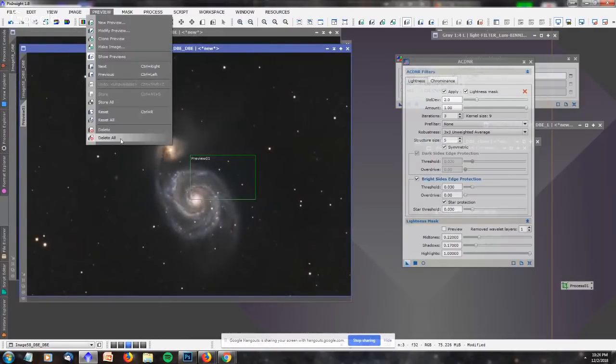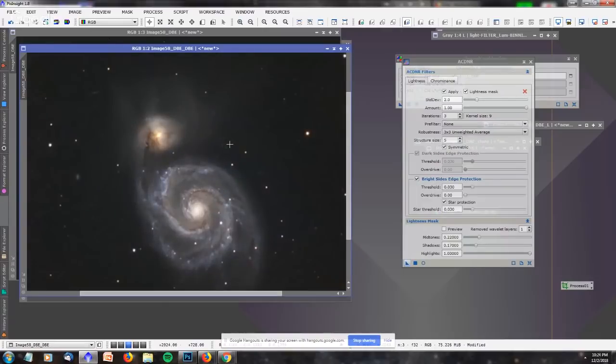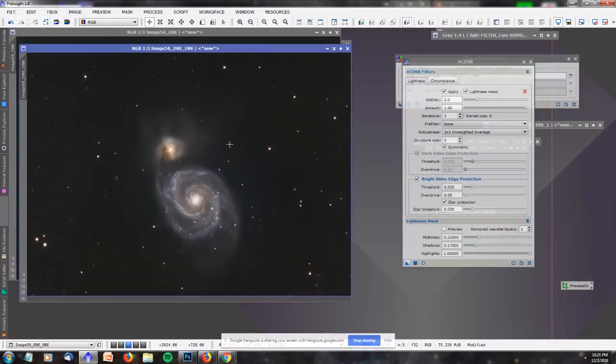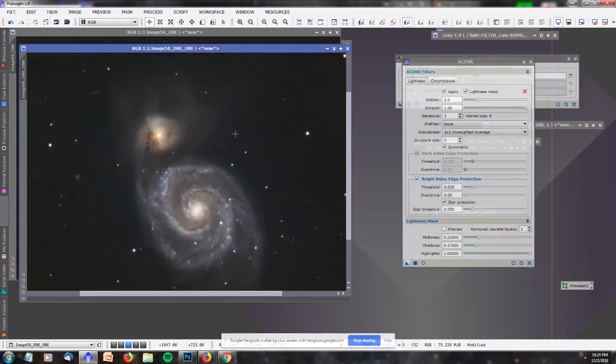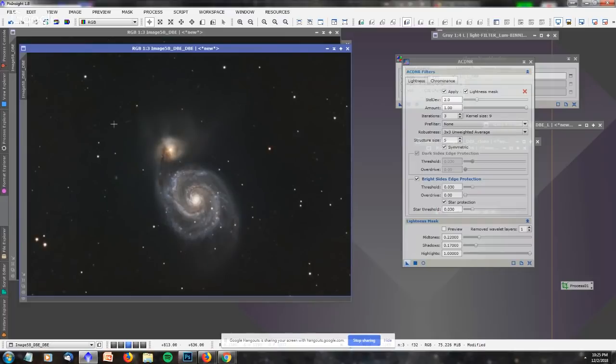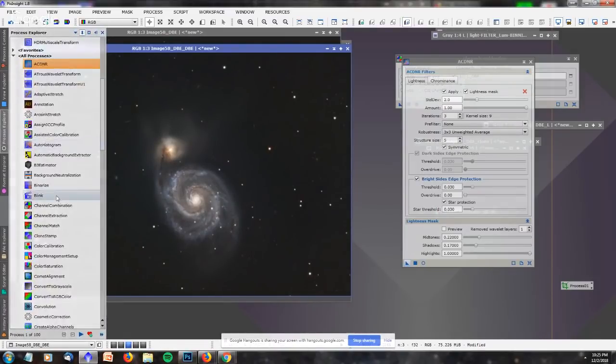Let's get rid of that preview. Delete all. And basically, I'm pretty happy with that. I'd love to get some H-alpha blended into there. I might still do that, but I see I'm at 1025 already. These things always go quicker than you're expecting. I could play around with the background noise reduction. What I would love to do,